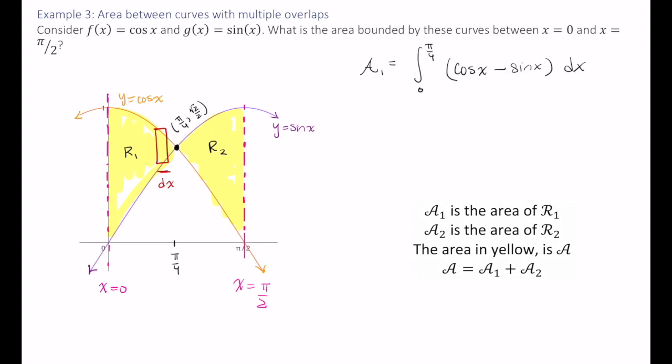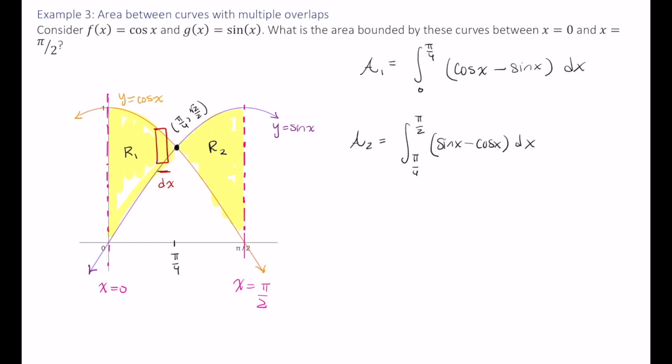And now let's discuss the area of region 2. That's the integral from pi over 4 to pi over 2. And now if we're going from top to bottom, we have sine x minus cosine x dx. So I could integrate both of these and add them together, but what do you think would be a better idea? See if you can figure that out. If you notice, this area here, by symmetry, is equal to this area here. So the total area is just equal to 2 times the integral from 0 to pi over 4 of cosine x minus sine x